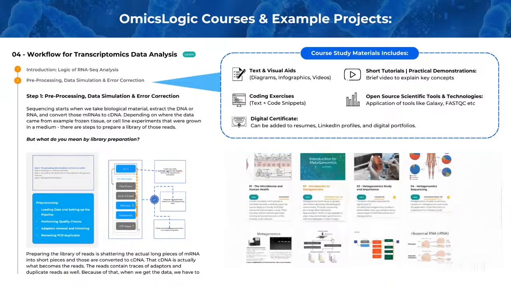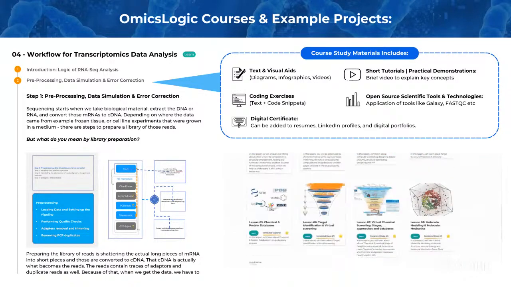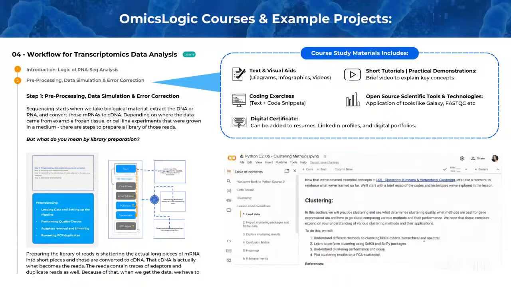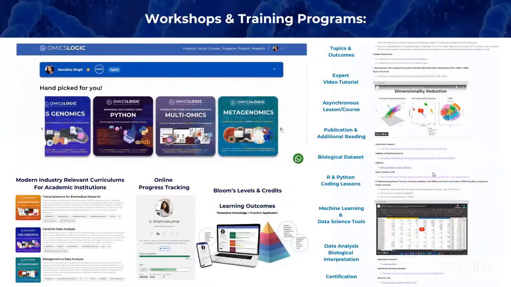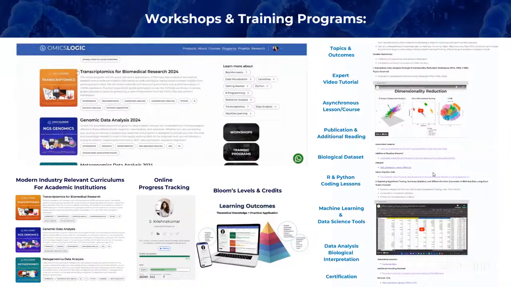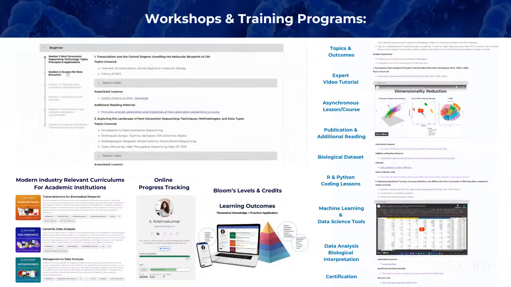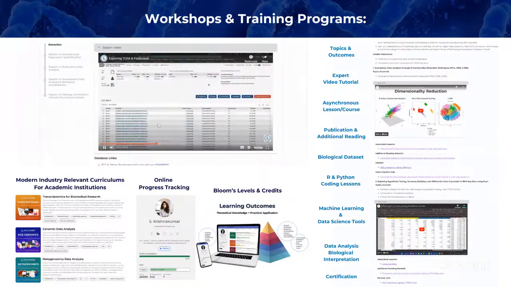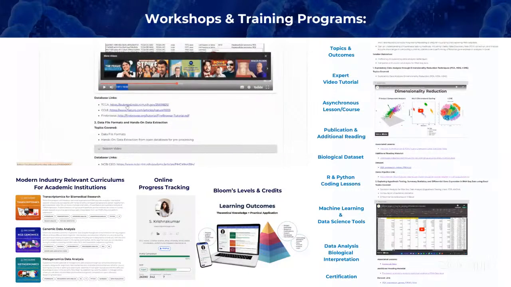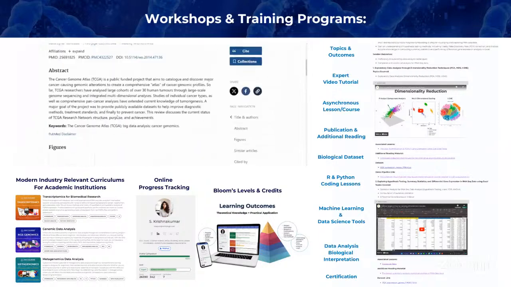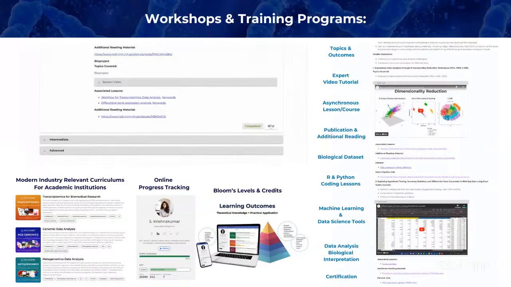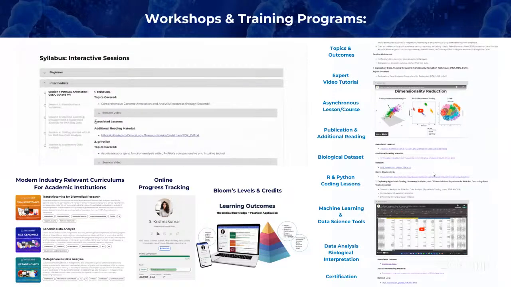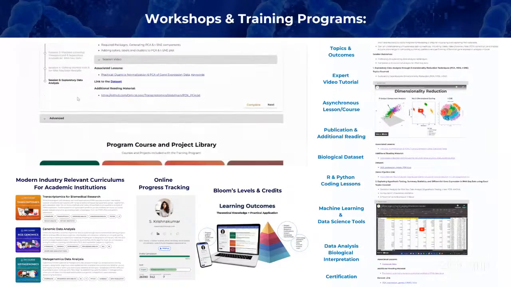But many times students also require videos of mentors going through these topics, explaining the concepts and doing hands-on. So for such students, we have training programs and workshops which include a combination of lecture videos, expert tutorials, and guided lessons. These training materials are designed to align with modern industry relevant curriculums, ensuring that students are able to gain practical skills that are applicable in today's academic and professional settings. And this has two aspects: workshops, which include live mentor guided sessions, and training programs, which comprise recorded lecture